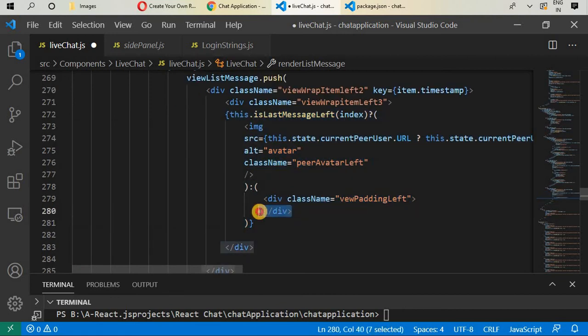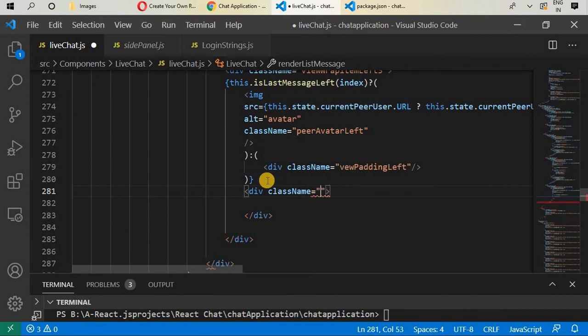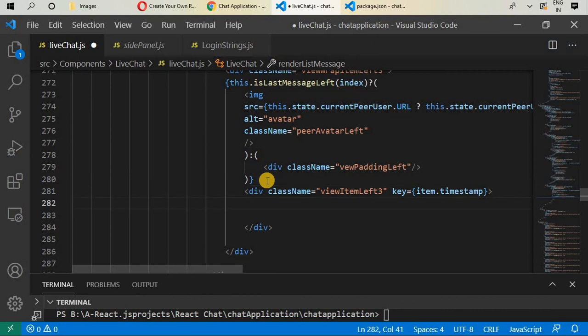Okay, so we can write this closing div and close, and remove this extra space and then create div with class name viewItemLeft3 and give it key item dot timestamp and give image